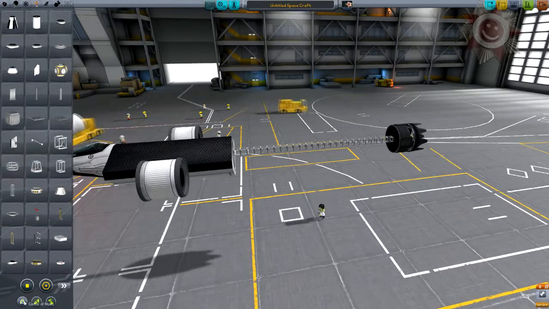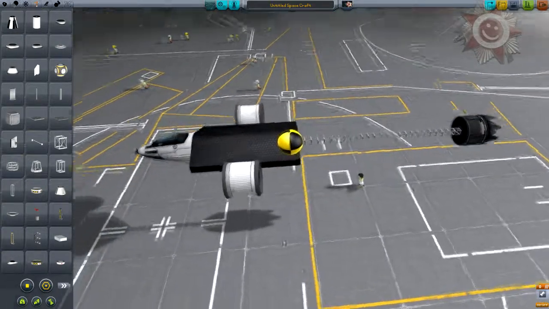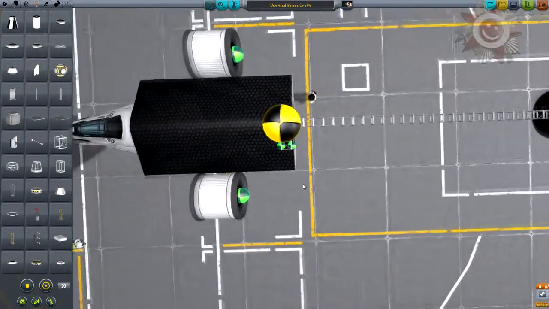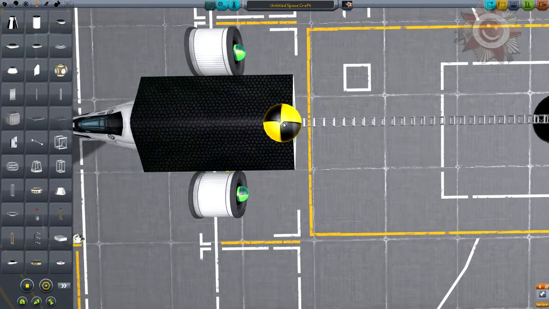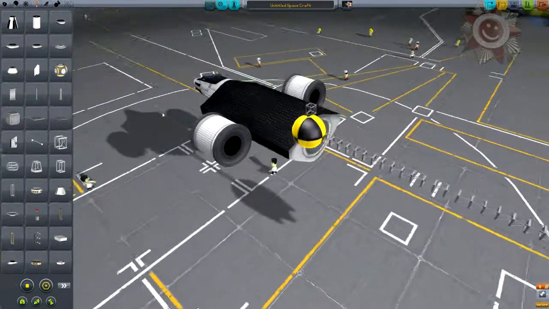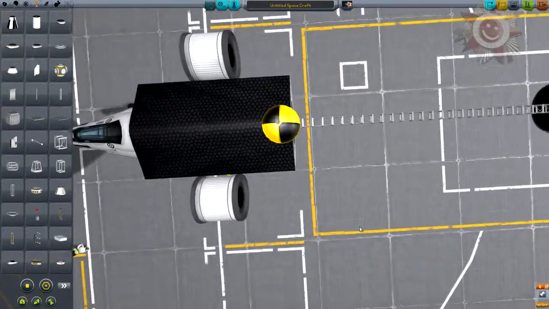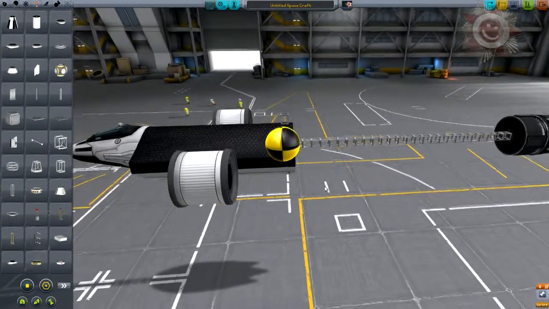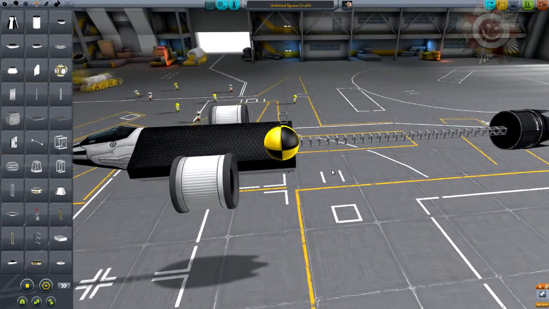The center of mass when the tank is full is here. I'm going to mark the place with this strut, cubic strut. Just so that we know, and then we need